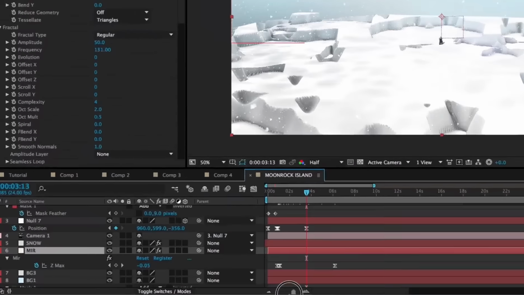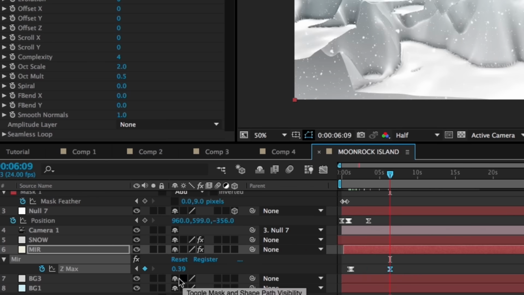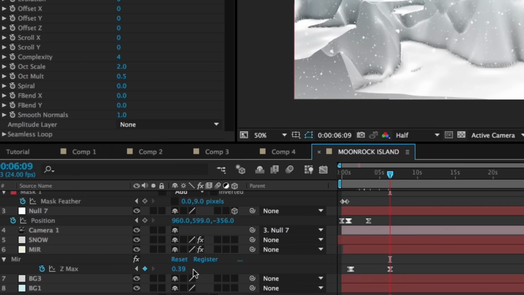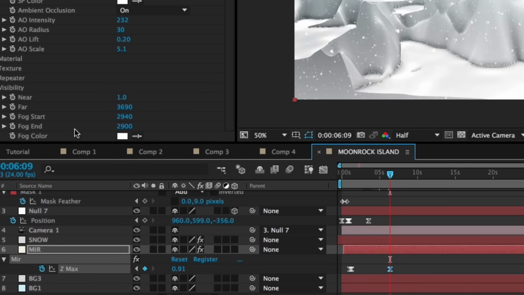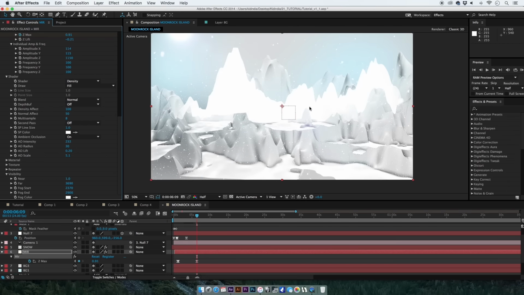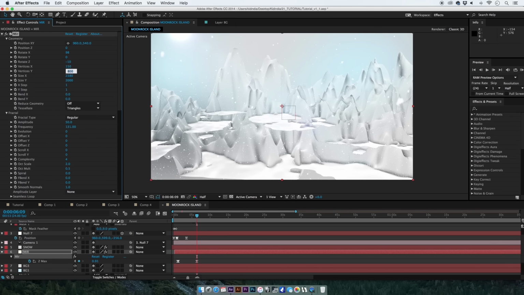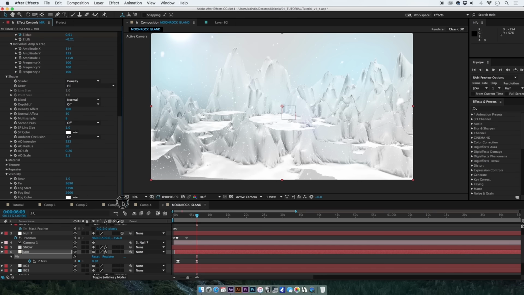And here's another thing, guys, is when you're doing this, you can adjust your Z max value to be quite high. You can even make it 0.49, 0.30, 0.51, whatever it may be, just to add more to your landscape. And here's another thing, make sure you adjust the visibility parameter, because if you start your fog start value a little bit lower, you're going to see the background disappears a lot. So make sure you keep adding to this value as your island gets bigger and you'll start to see more in the back. Like for example, let me just lower this to 150 by 150 so we can see what's going on, the vertices, and then now you can see